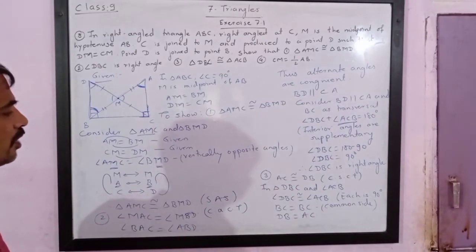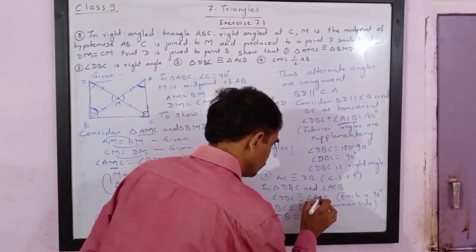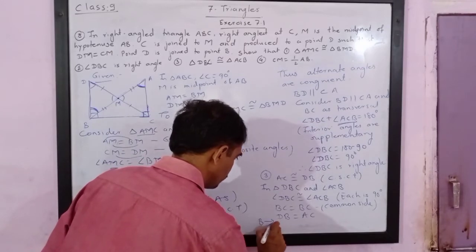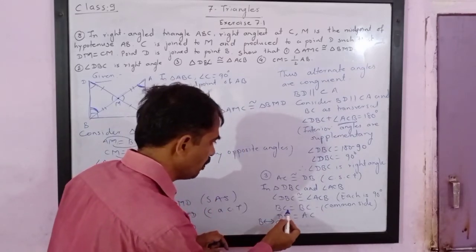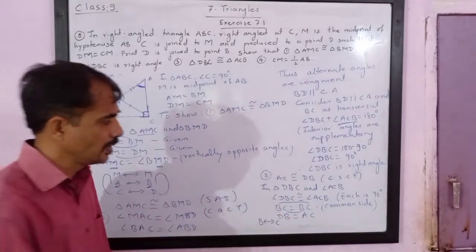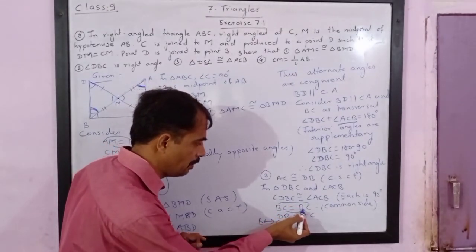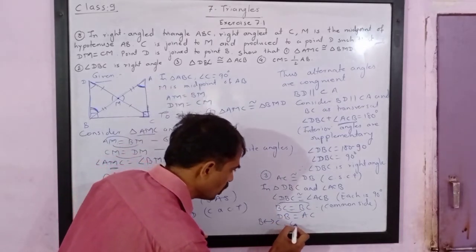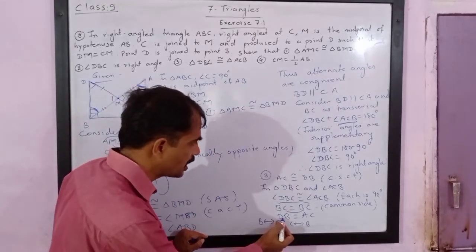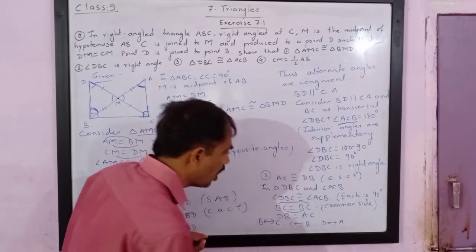But one-to-one correspondence is very important here. Out of this, angle B corresponds to C. Please watch carefully. Angle B corresponds to C. Now out of this, B corresponds to C means C corresponds to B. Try to understand this. B from this side corresponds to C, so the remaining is C, and on this side the remaining is B. So it means C corresponds to B, and the remaining D corresponds to A.